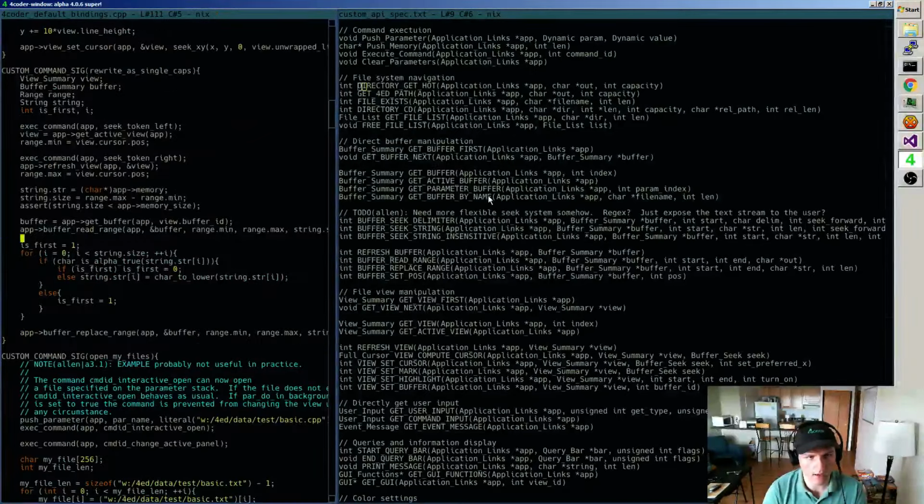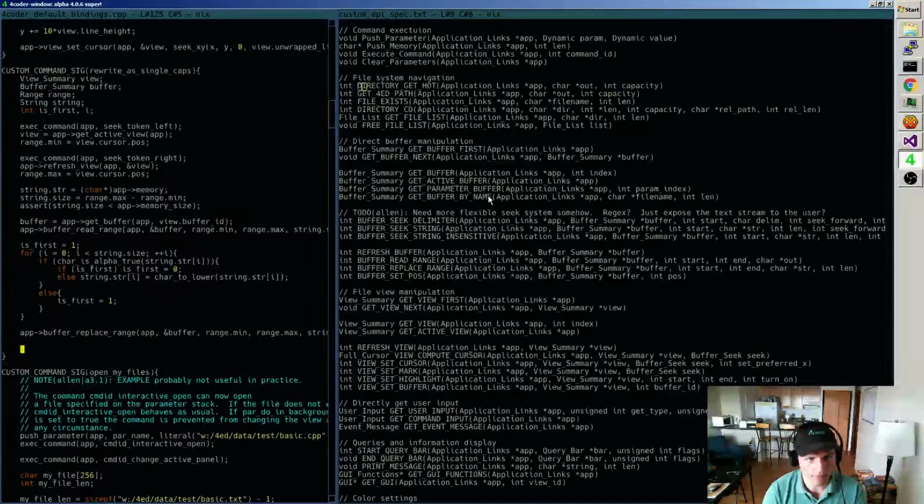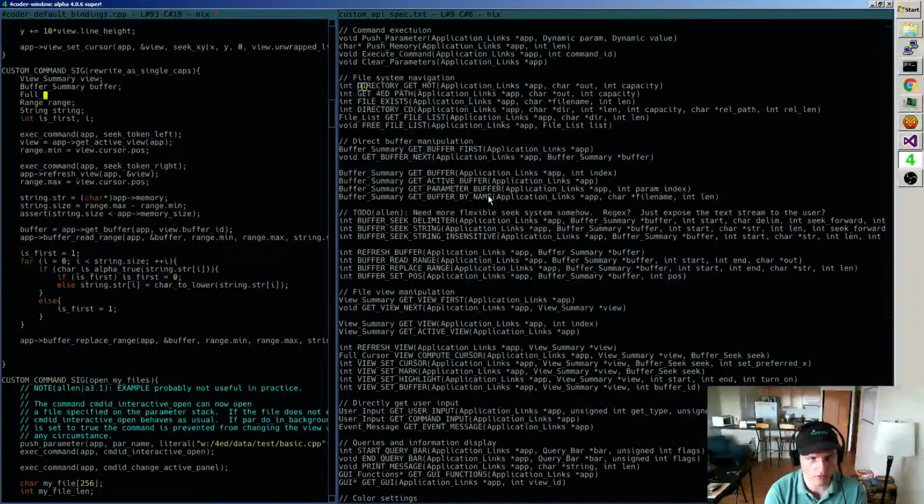What I'd like to do now is say, so this gets the active view, sets the min, moves to the next token, sets the max, and then afterwards I'd like to store that full cursor.